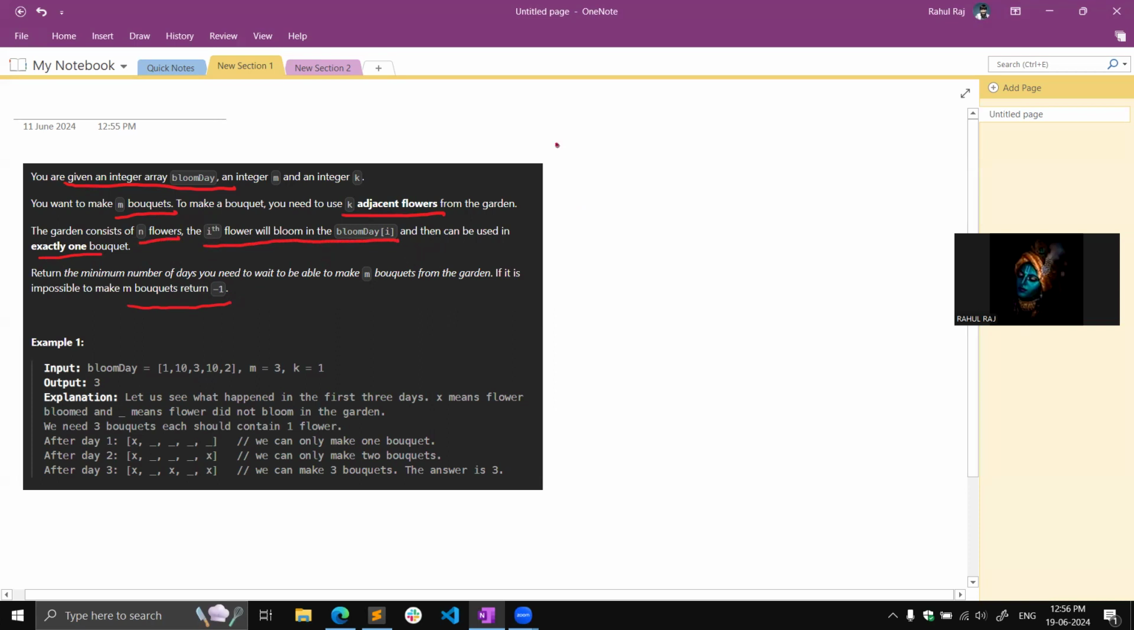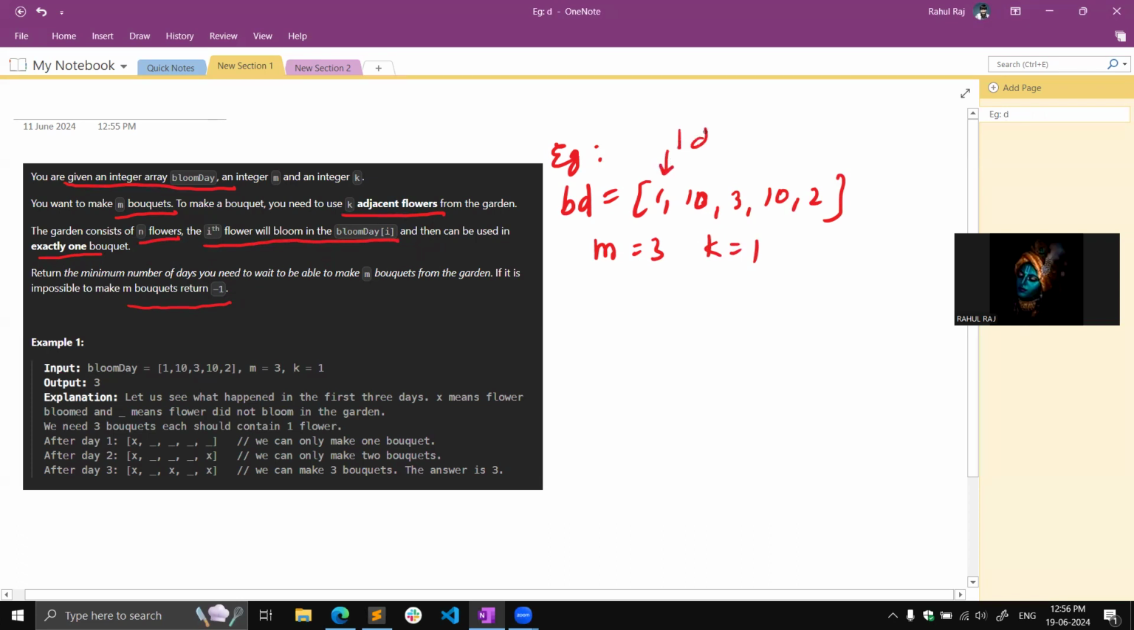So let's take the example. Consider bloomDay as BD equals to [1, 10, 3, 10, 2], M is 3 and K equals to 1. So what the BD array implies is that the first flower will bloom on day 1. Similarly, the second flower will bloom on the 10th day, and the third flower will bloom on the third day. Similarly, the others. So let's look at day 1